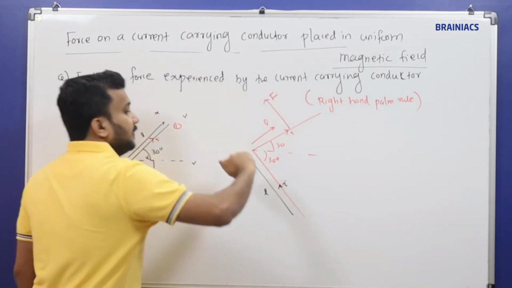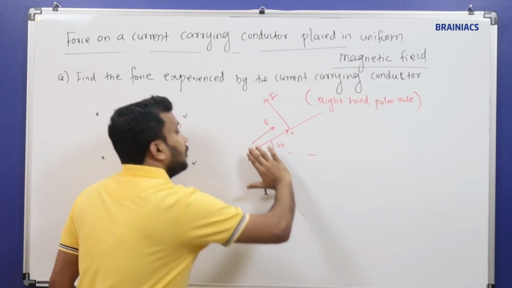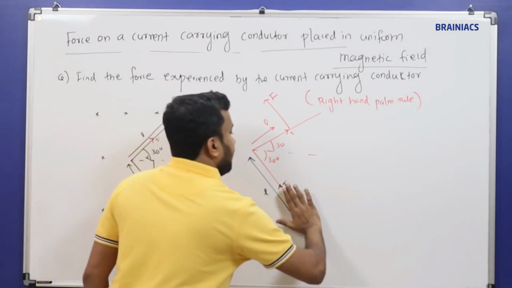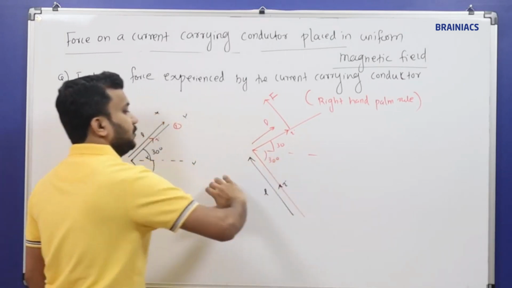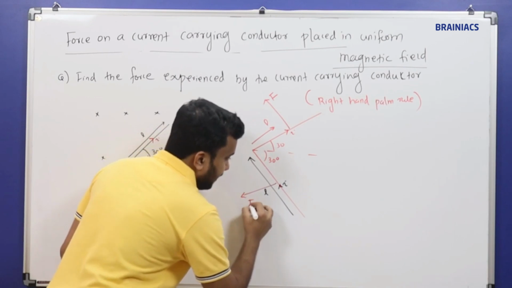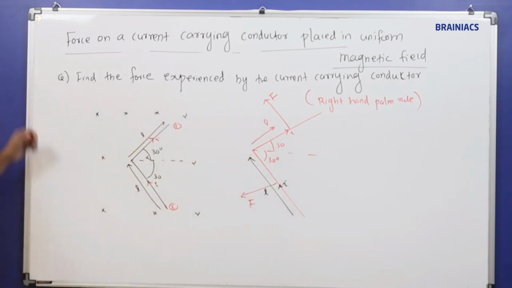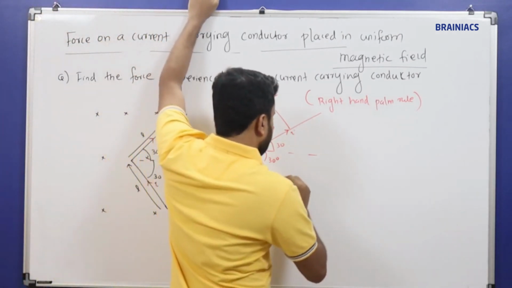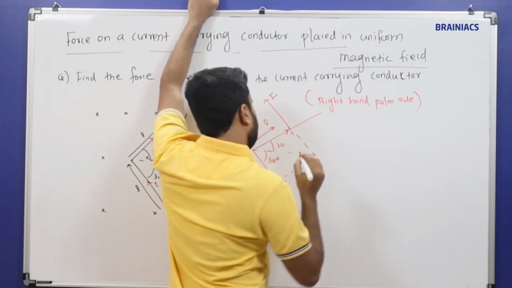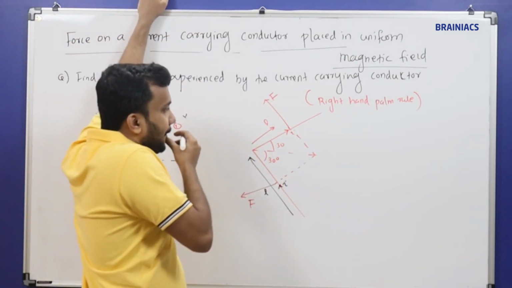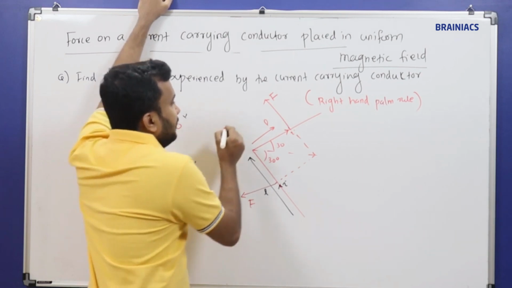See, L cross B. I fold L cross B. So where is my thumb? My thumb is coming here. Thumb coming here means this is the direction of force. So we got two forces, right? Next, we just join these two forces as an addition. Now we have to see